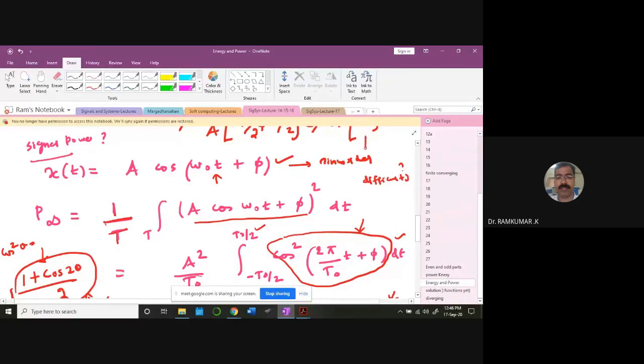That power, if you compute it for one period, is the average for the entire series, because the signal is going to exist from minus infinity to plus infinity in the same manner. Okay, that is the average power. This is the average you are finding out. This is the power we are talking about.